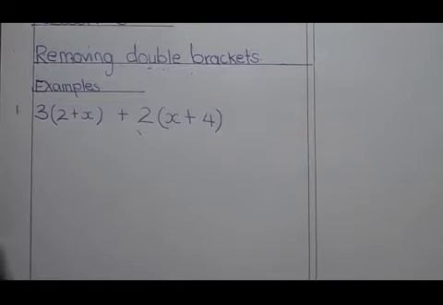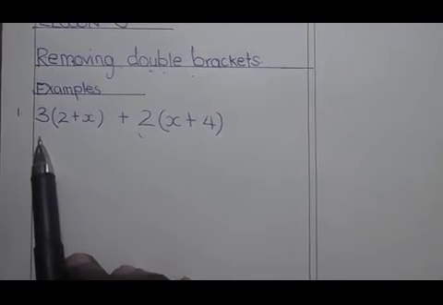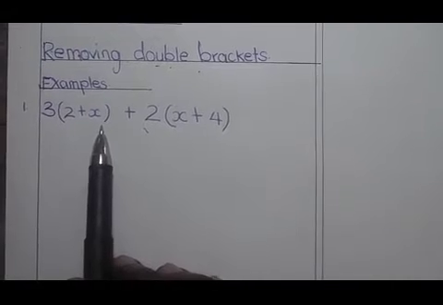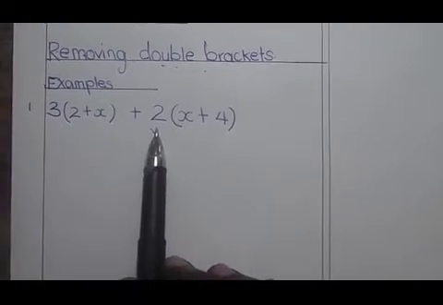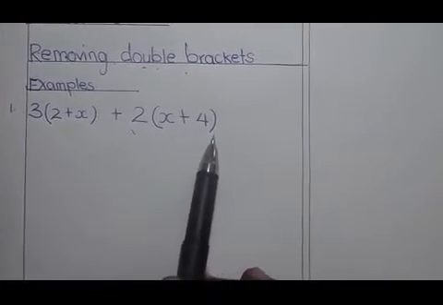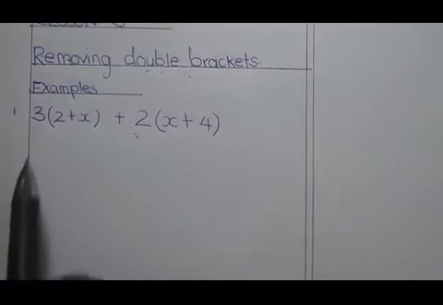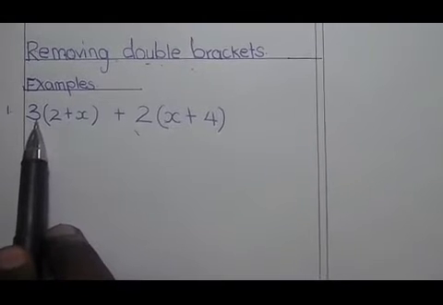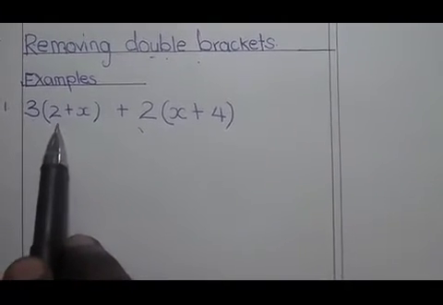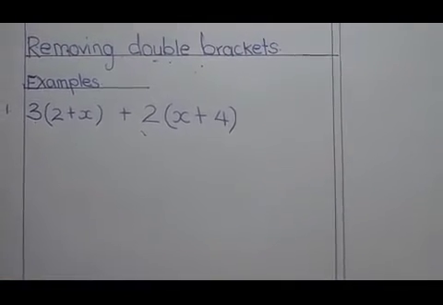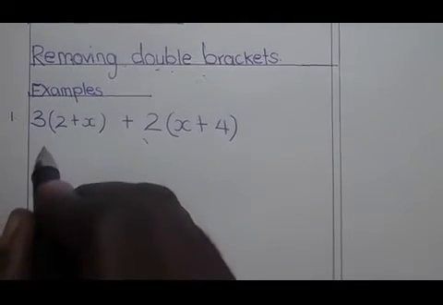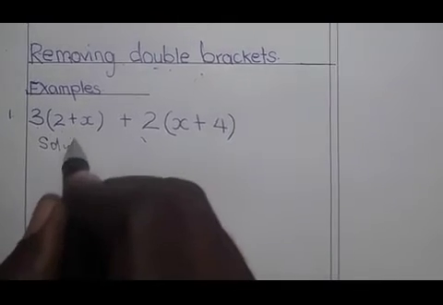So here we go. We have our number here: 3 into (2 plus x) plus 2 into (x plus 4). So we said when we are removing brackets, the term outside the bracket must be multiplied by each term inside the brackets, considering the integers. So here our solution will be,